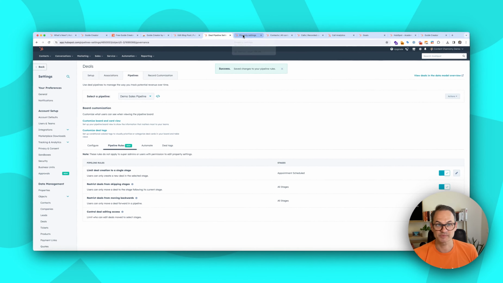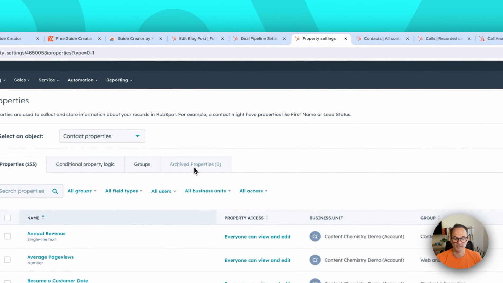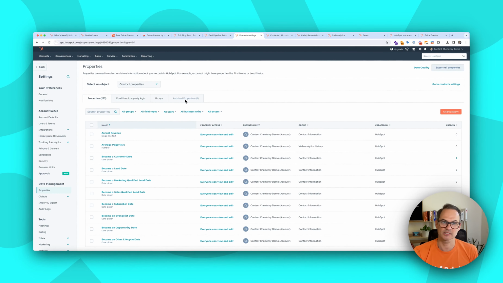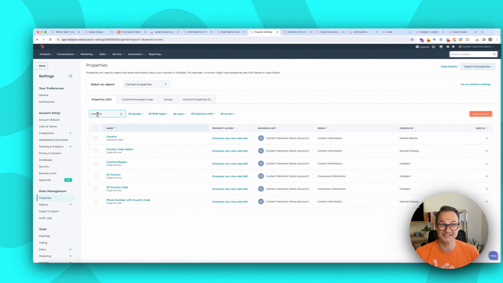Cool, so our next update relates to conditional property logic. So a great use case is, let's say on a form or a landing page, someone completes their country from a drop-down, but then you want them to just see the states related to the country that they actually live in. So previously that was a little bit tricky, or maybe you're using HubSpot's default properties, which are not ideal,